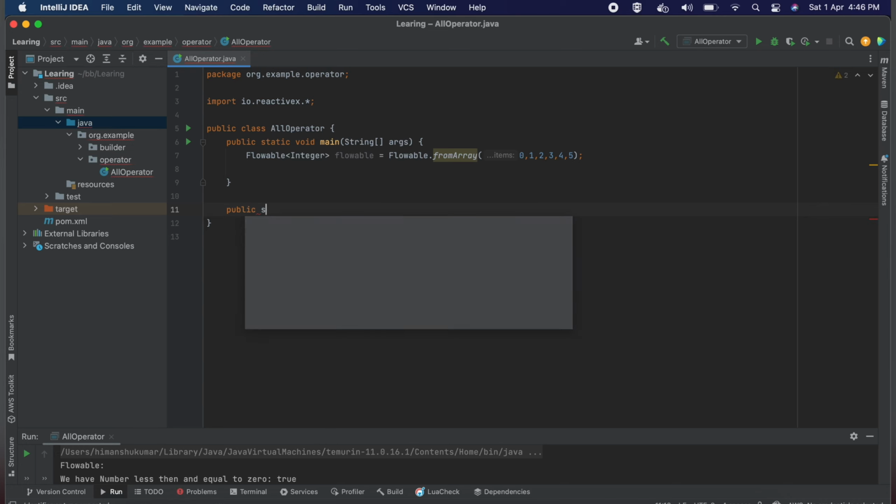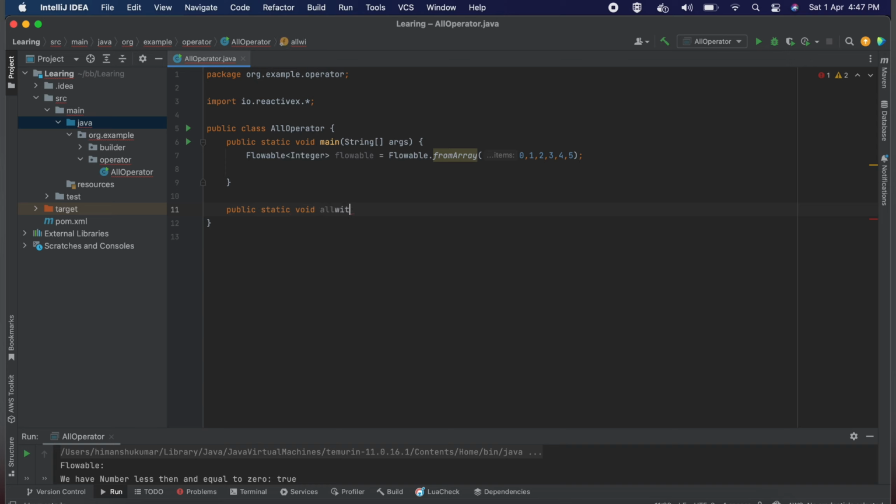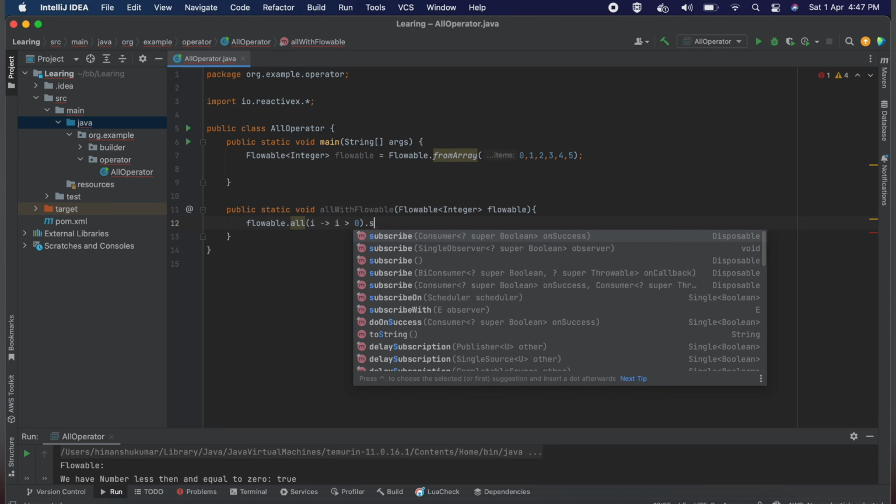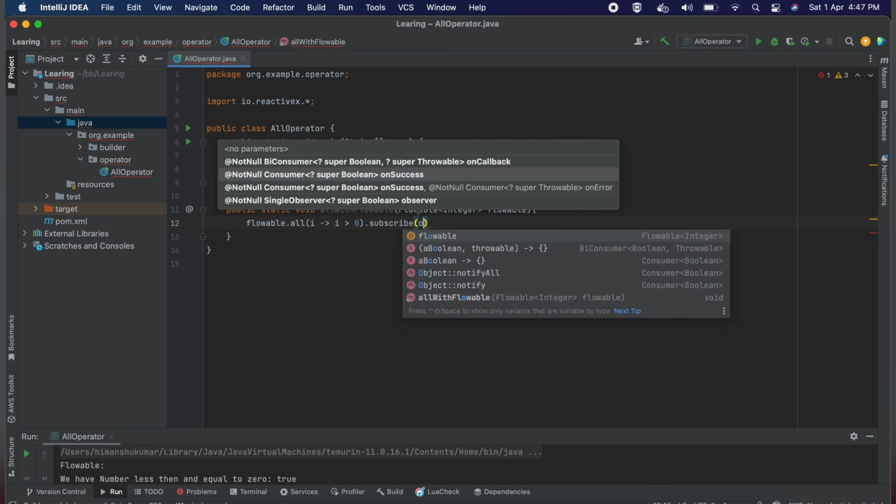I am going to create one more method here, public static void all with flowable, where I will pass the flowable. Now I am going to implement this method. First let me show you how I can do it. I have the flowable, and now I am calling all. Maybe I am using a lambda expression here: if I is greater than 0 in all the cases, then